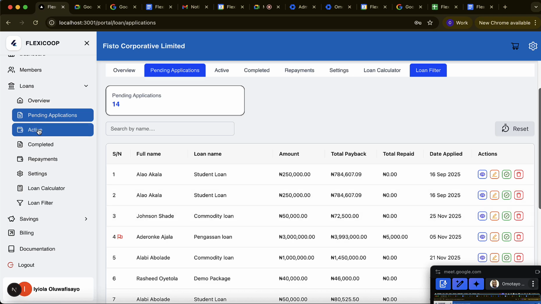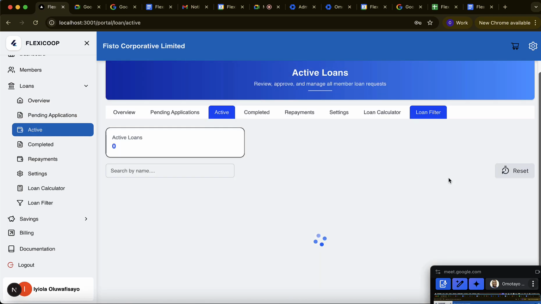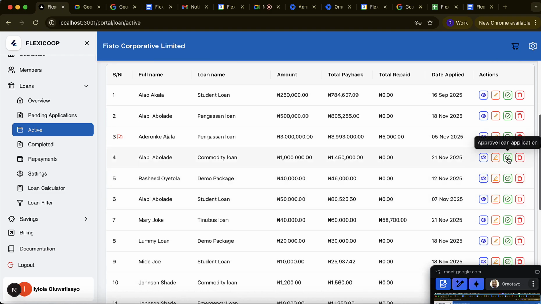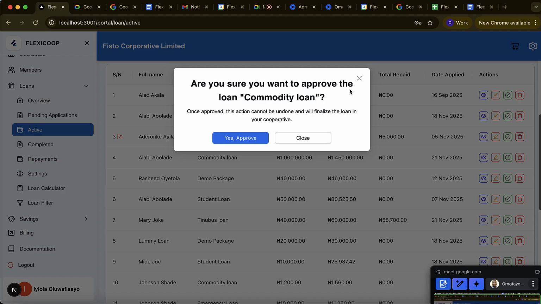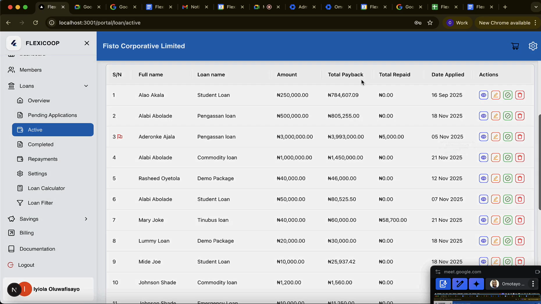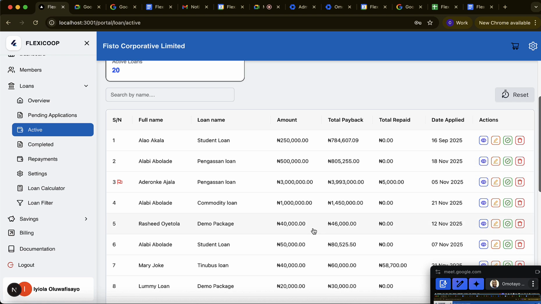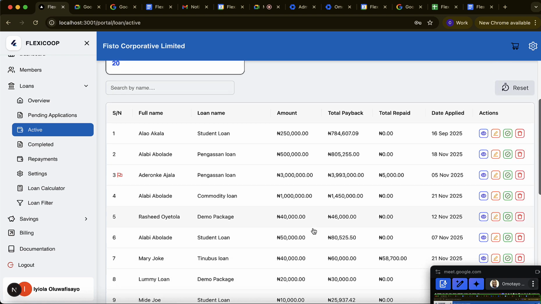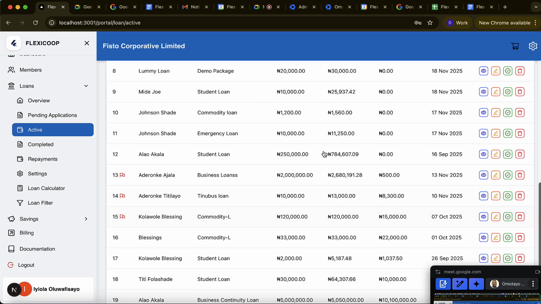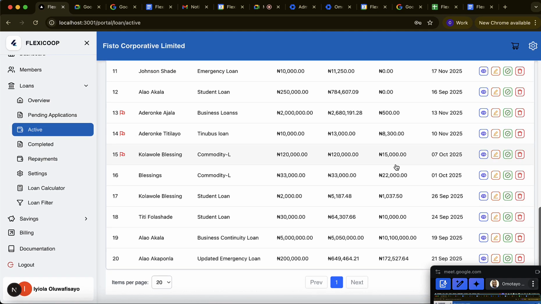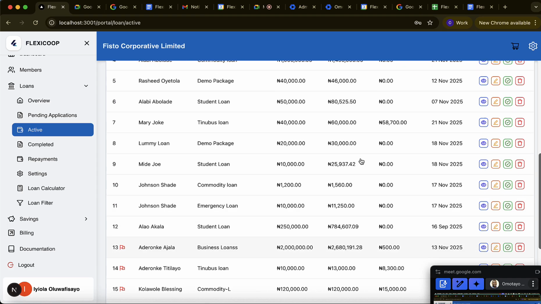On the active page, we are going to see almost the same thing. The only thing is that the active loan has been approved, so it cannot be revisited. If I click on approve now, it's going to say it has once been approved, so this button will not be here. All right, so these are active loans. At a glance you can see, okay, this person wants 20,000 and is to return